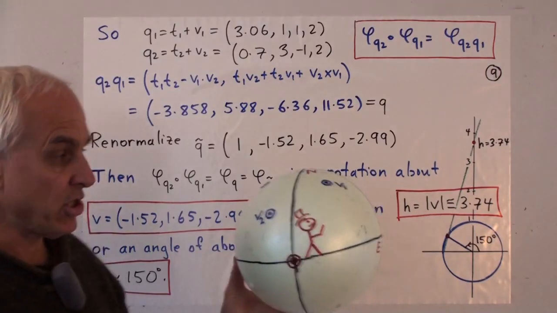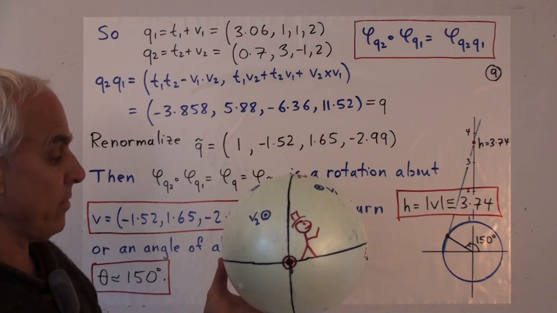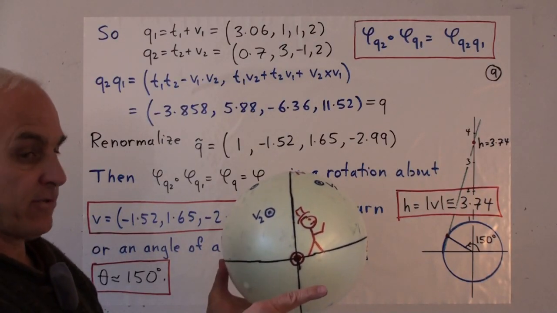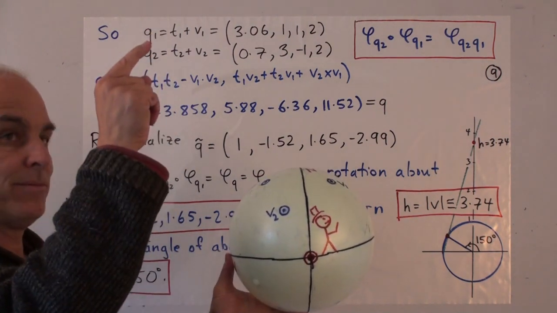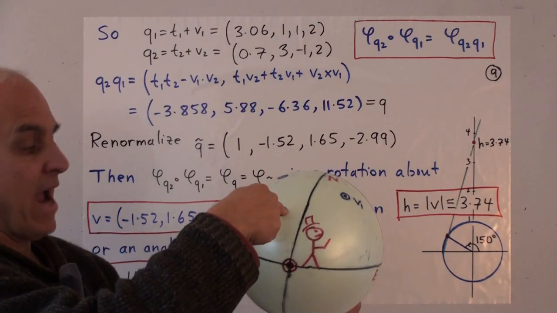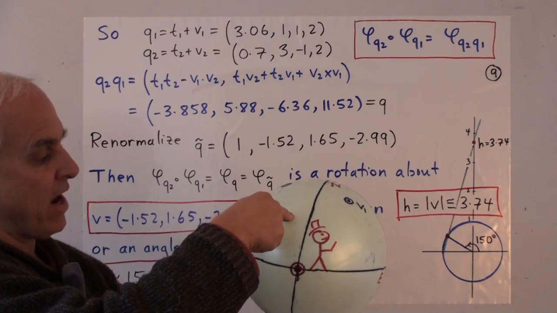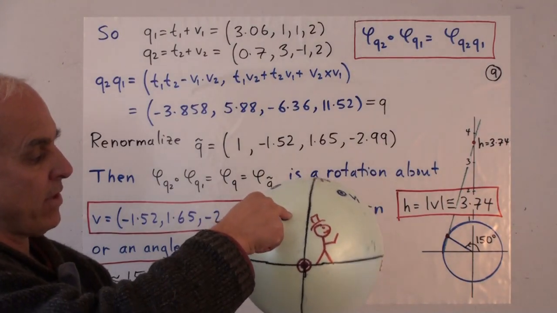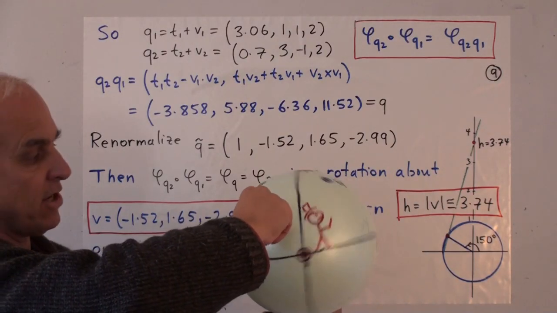Okay, our second rotation is a rotation about the vector 3, minus 1, 2. Where is that? 3 in the x direction coming out here, minus 1 in the y direction, up 2. Okay, so it's a vector like this. It's a vector roughly with an axis like this. And we're supposed to rotate by an angle of 110 degrees. So that would be maybe about 110 like this. So that's our second rotation.